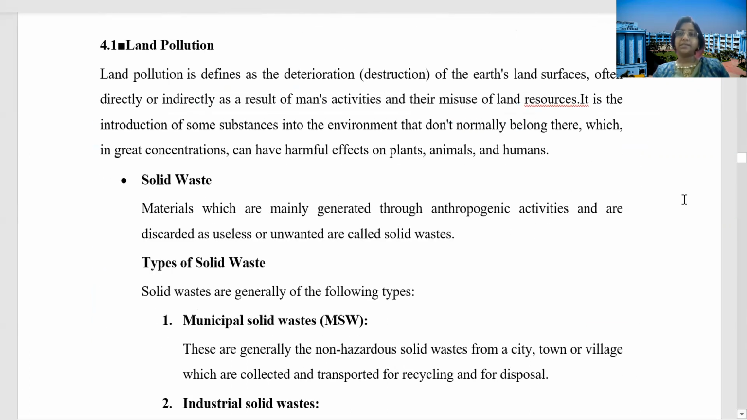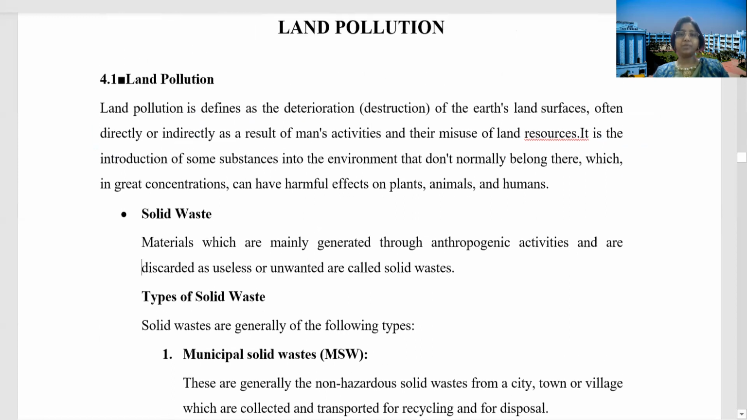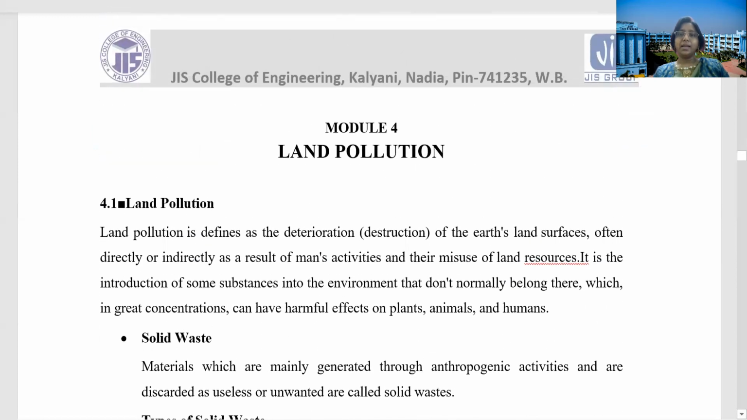In my last lecture, I have already told what is land pollution. So again, I would like to recapitulate. Land pollution is defined as the deterioration or destruction of the Earth's land surfaces, often directly or indirectly as a result of man's activities and their misuse of land resources. I have told, due to the misuse of mineral resources, over exploitation, or due to the misuse of the soil, that means soil erosion takes place due to the